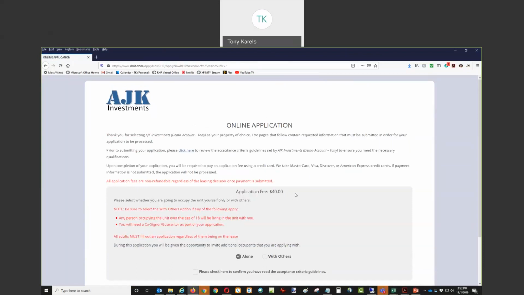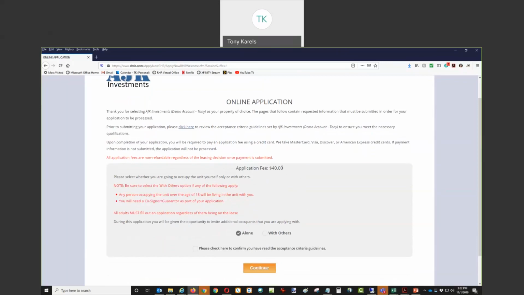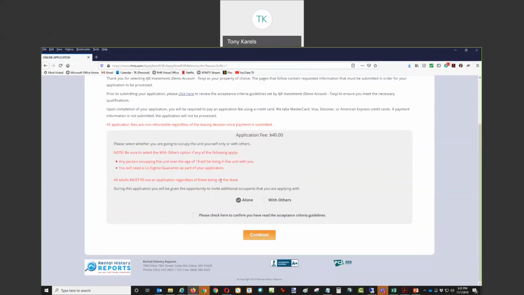They will see the fee that you charge for your applicant screening. This fee is set by you, and you can choose to have us collect this application fee on your behalf, and then we would just credit you for the difference between whatever your fee is and whatever our screening rate to you is, and issue you a credit for the difference on your account. So they will be exposed to the fee, they'll be exposed to your acceptance guidelines, and then they also would make the decision if they're applying individually or alone or with others. And the others option would be if they have a cosigner or guarantor or any other roommates or spouses. So once they set that,